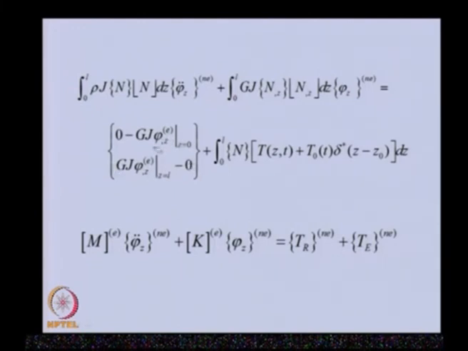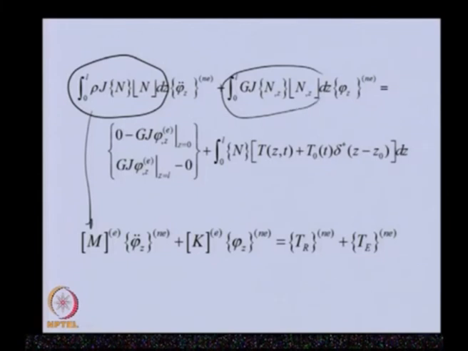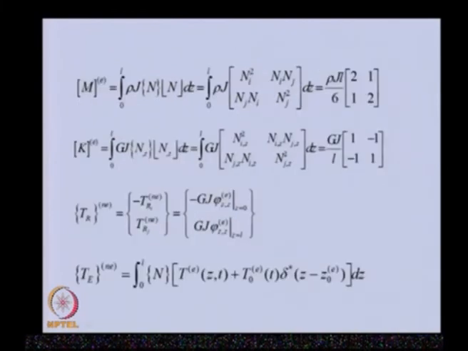So basically these are the reaction torques at the two ends of the shaft, which I am representing as this particular vector. And this term I am calling a mass matrix. This term I am calling a stiffness matrix, and the remaining term I am expressing as the external torque term. So these are the reactions, because we have divided into elements, and this is the element external torque. The explicit form of this mass matrix will be like this.